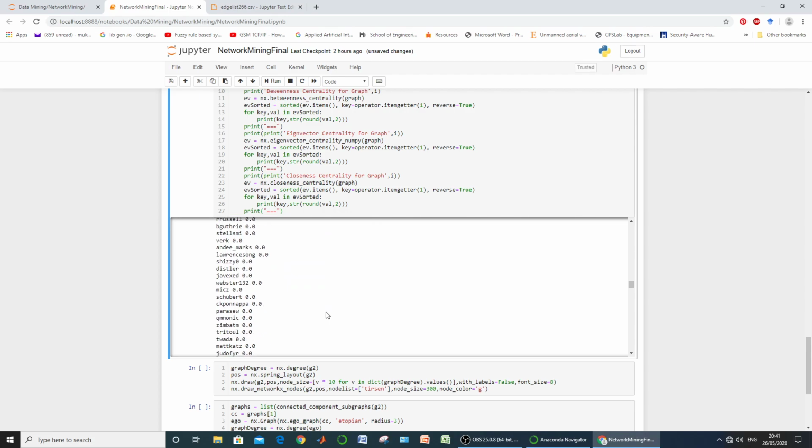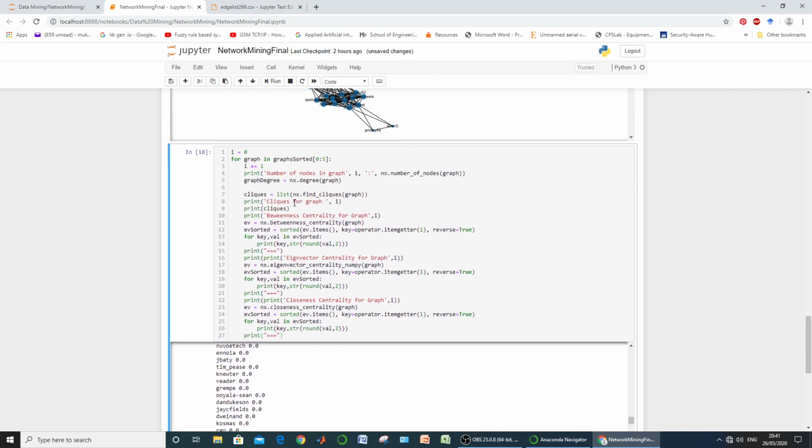And the next one is your closeness centrality, again displayed in decreasing order. So this is the way we can get the centrality measures from a graph. What we are actually doing is finding the most important, most influential nodes.